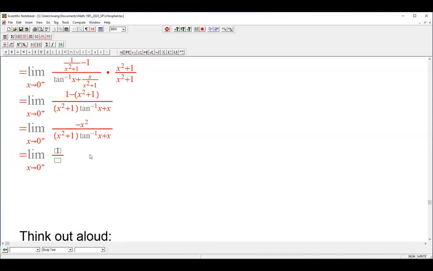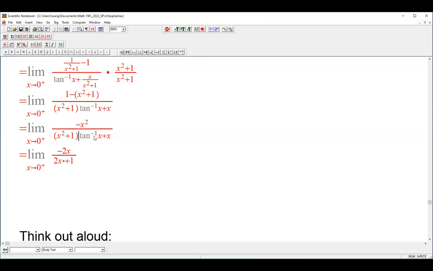Negative x squared, the derivative of negative x squared is negative 2x. The denominator, right? This piece, we're going to use a product rule on, and this piece is just 1. So we're going to apply a product rule on here and plus 1. So don't forget the 1. Now we're going to focus on taking the derivative of that piece. We take the derivative of x squared first. So that's going to be 2x